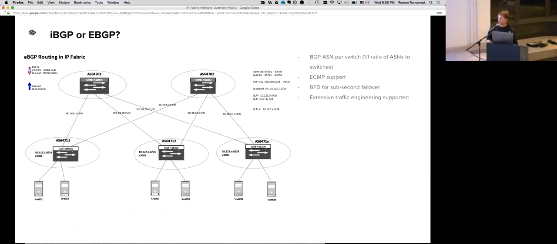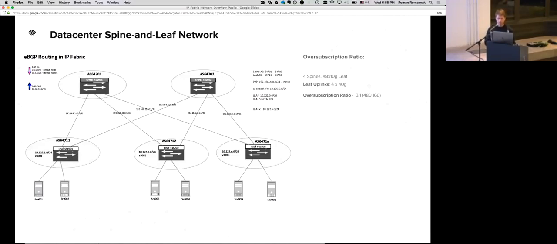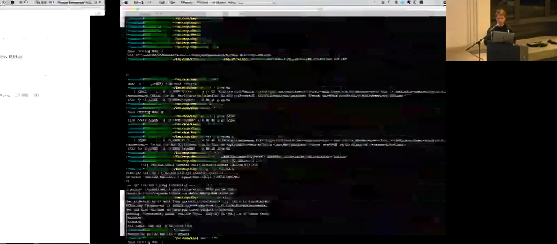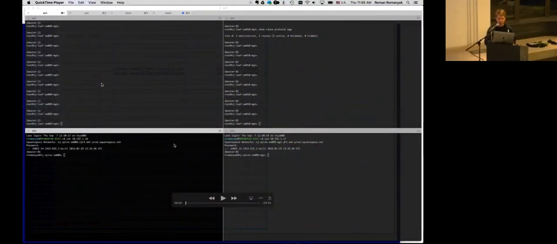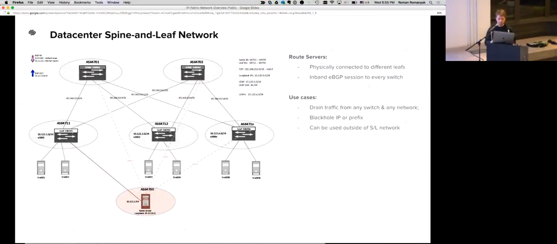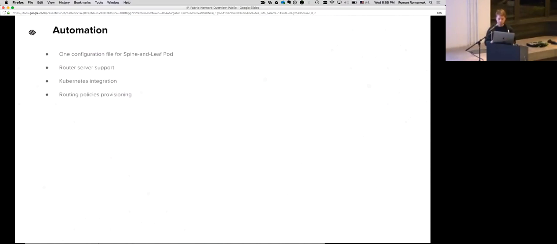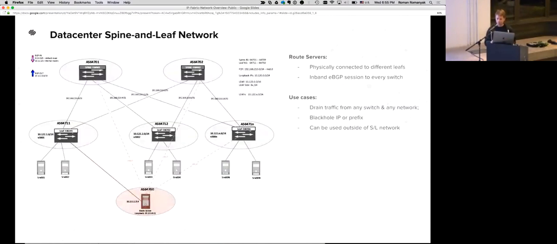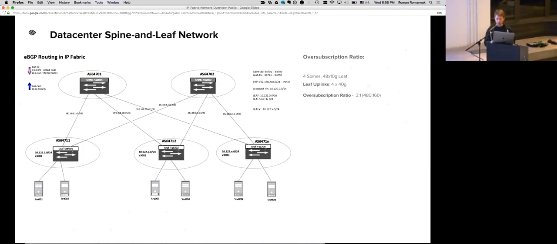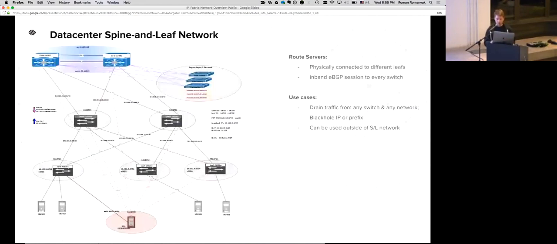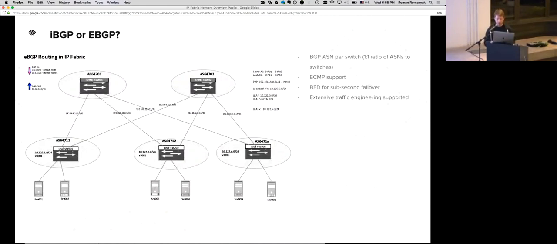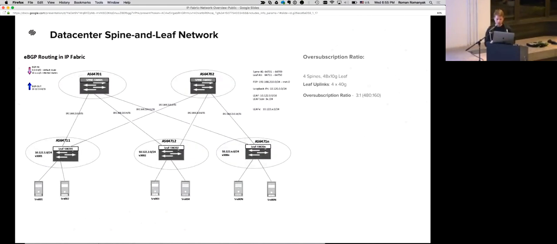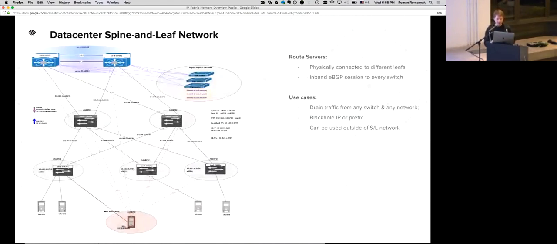Maximum is right now 16 hops, I think. So you could load balance with this design very easily. And I wanted to show a quick video, well, I'll do it a little bit later. So the video is going to be later. So eBGP, and then